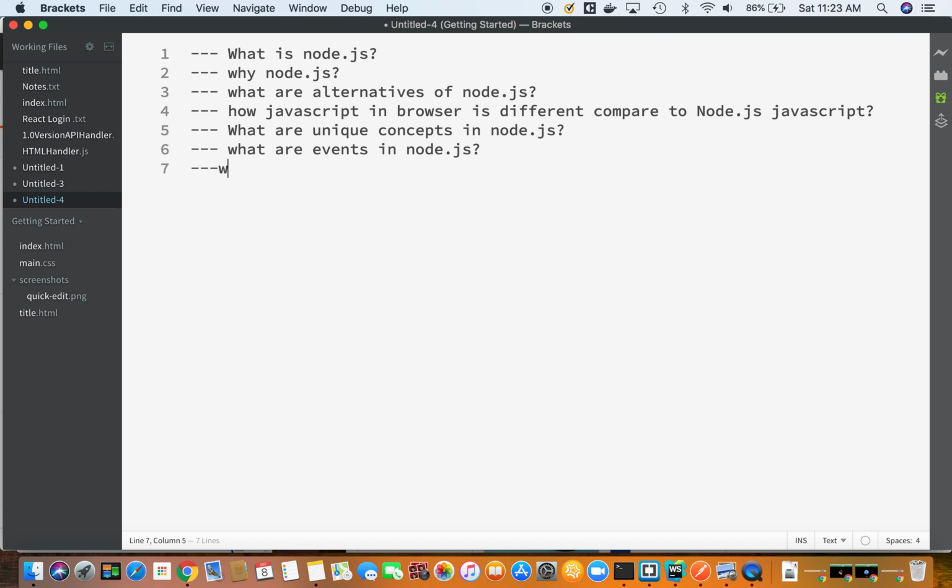What are streams in Node.js? What are the different crypto libraries in Node.js? Yeah, for encryption, decryption, hashing, right? And then